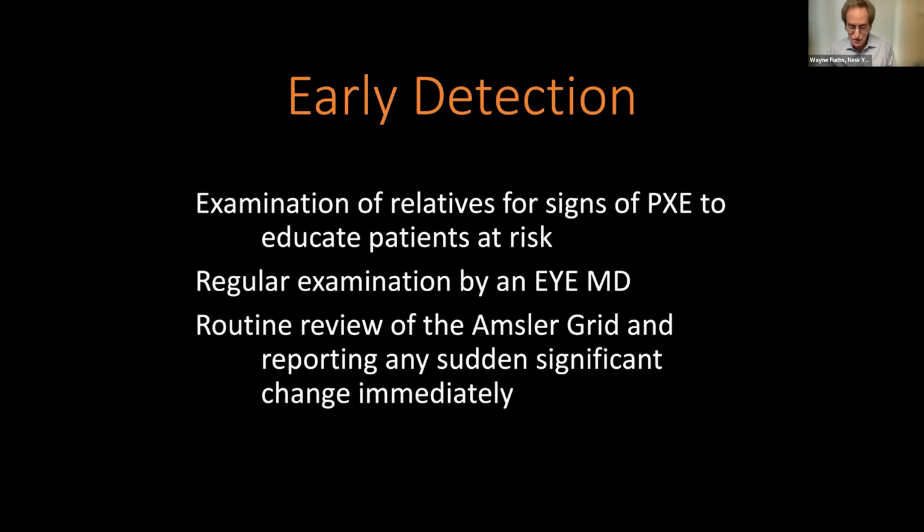Early detection is very important to reduce the risk of vision loss. It starts with identification and education of patients at risk. This includes examination of family members for evidence of this recessively inherited disease and education regarding symptoms to look for. It includes regular eye examinations by an IMD and routine review of the Amsler grid, reporting any sudden significant change